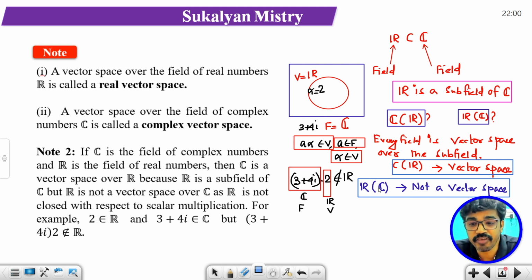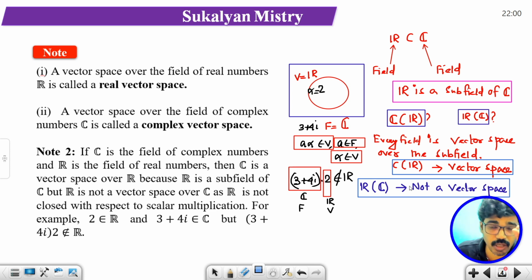Why? Because every field is a vector space over its subfield. C is a field, R is a subfield of C, so C is a vector space over the field of real numbers, but R is not a vector space over the field of complex numbers, okay।